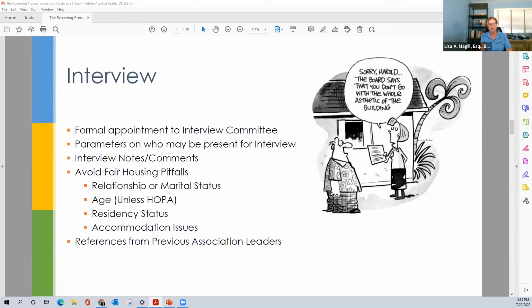I get a lot of questions about, well, we can't do the background report because this person is from a foreign country and they're only going to be using this property as a vacation residence. Can we ask them for a visa, or can we ask them for proof of legal residency? No, you cannot. And if you cannot conduct the background report, whether it's financial or criminal history, within the financial constraints of the statute, you have to make a decision. Is it worthwhile to spend extra money to get an Interpol report or some other type of report from the foreign country? Or can you ask for alternative assurances?